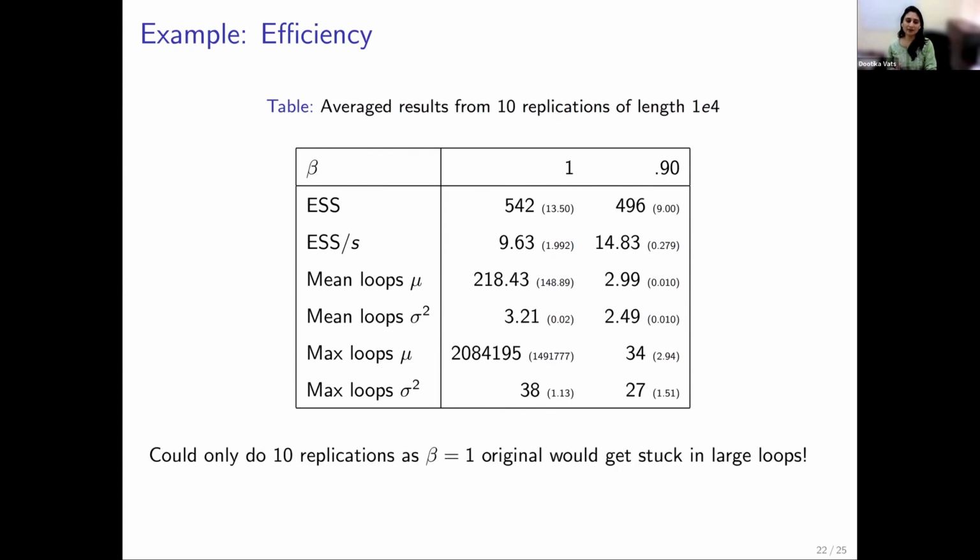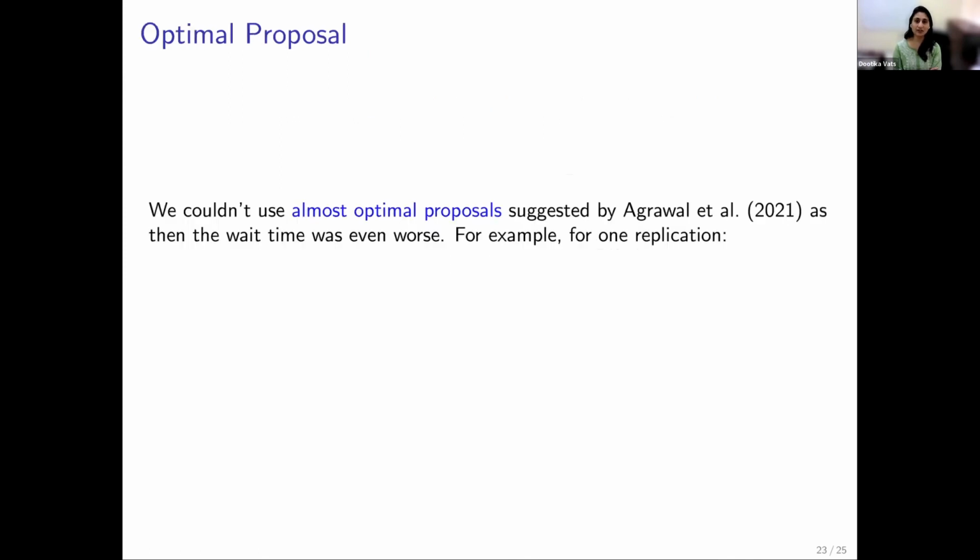Now, we could only do 10 replications with beta equals 1 because this would often get stuck in very large loops. And sometimes it wouldn't, and sometimes it would. Of course, in any Monte Carlo replicated study, we'd want to do a larger number of replications, but that was very difficult with the two-coin algorithm. What was also very difficult was actually utilizing a good proposal queue. A good proposal queue can be found in the work of Sanket Agrawal, who worked with me before moving on